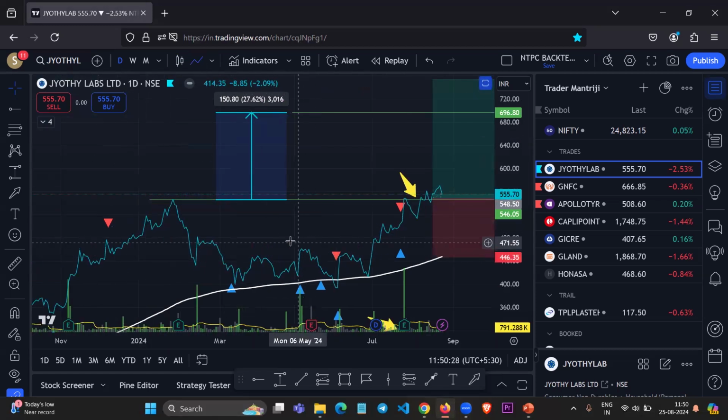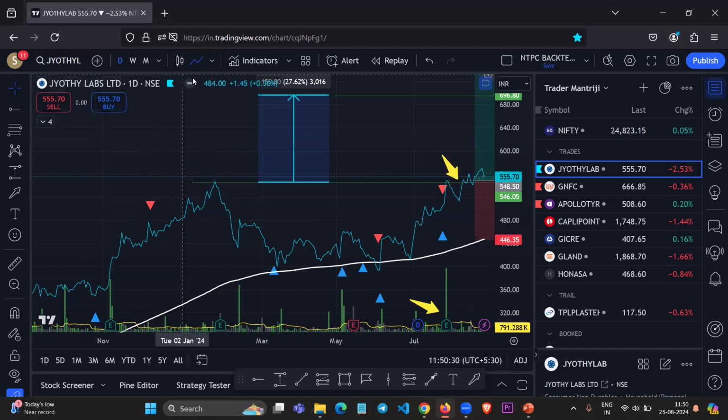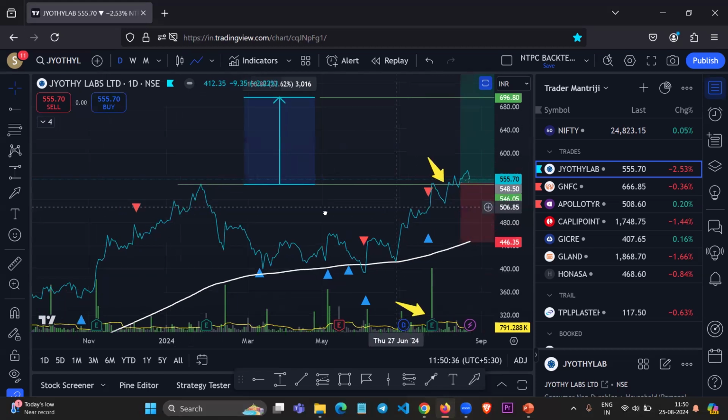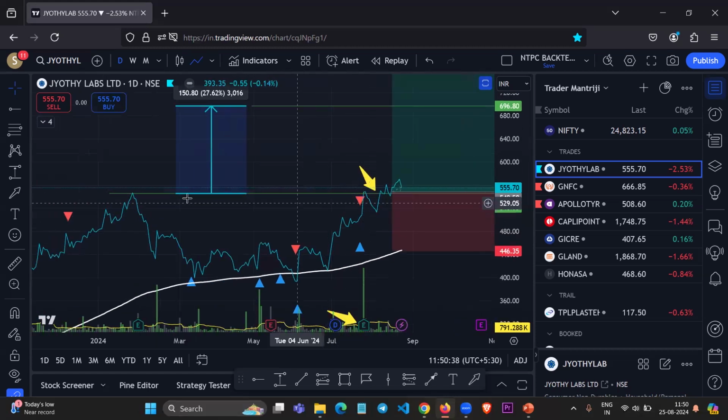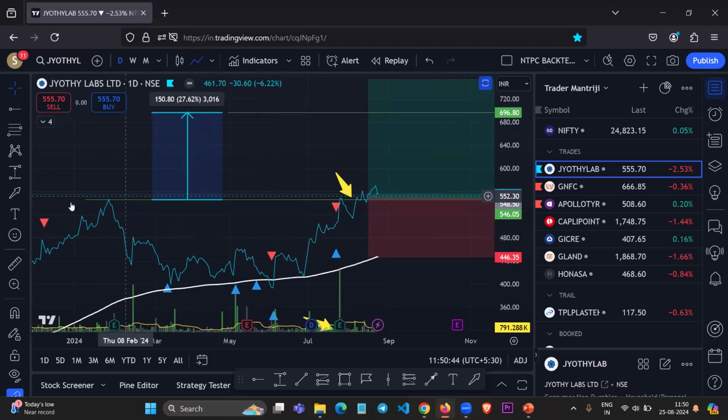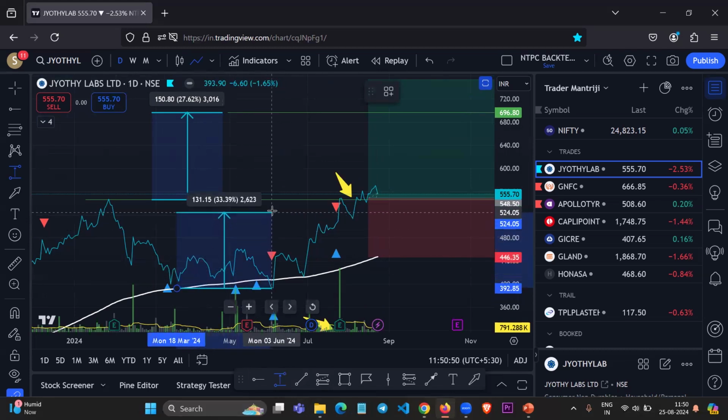So yeah, so now you can see I have moved to a line chart. First the stock made a high, then it went down, then again it went up, and now it is giving a breakout on this all-time high level. As per the breakout strategy, we can consider this length or this distance, which is around